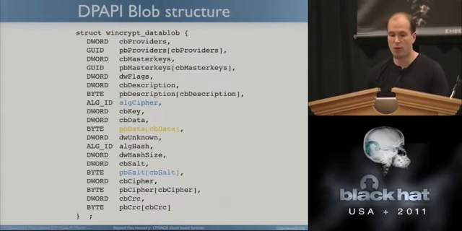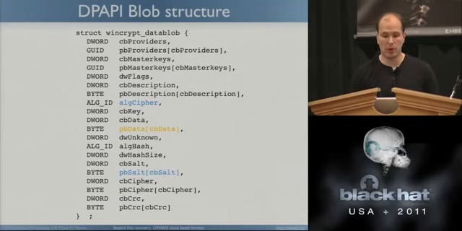Briefly, the structure of a data blob looks like this. You have the cipher you are going to use. It is triple DES on XP. It is AES on 7. You also have, in orange, as you can see, your data encrypted, and you also have the salt. The data is salted, so if you have two blobs which are the same, we won't be able to tell because we have a salt. And that's how a blob is.